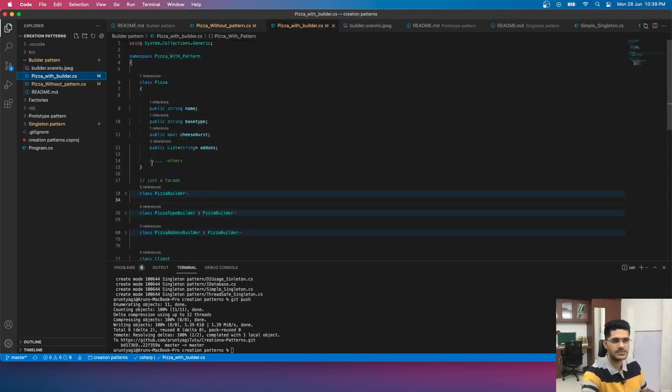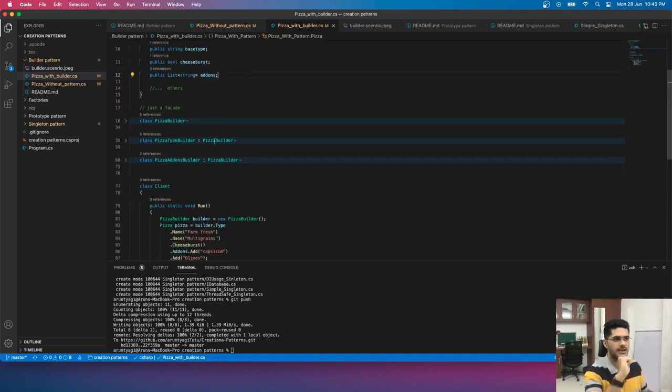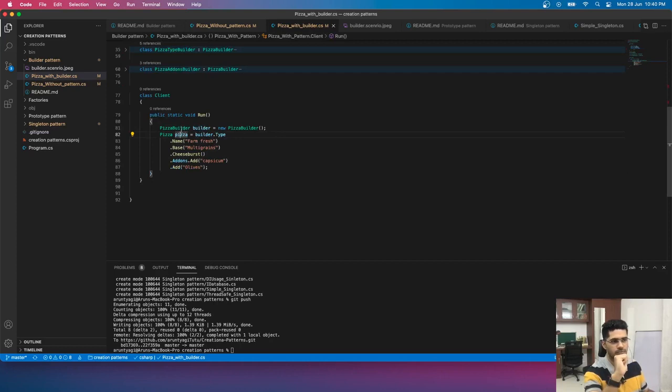Here I took the same class, a pizza class with these basic properties, and here I'm not talking about functionalities because we are just talking about the creation of it, right? If we have to create something like this, what I want to give to my client is that, for now ignore this pizza builder, they should be able to, in a very beautiful and sophisticated way, instantiate and initialize all the values, all the parameters of that object.